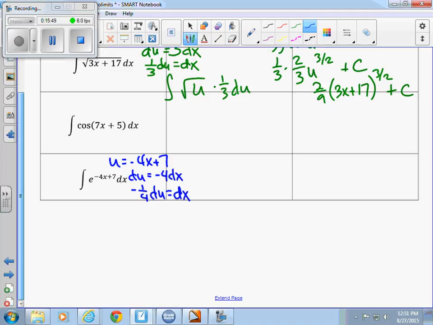Questions so far? So my integral would be the integral of e to the u times what? What is dx? What am I going to replace